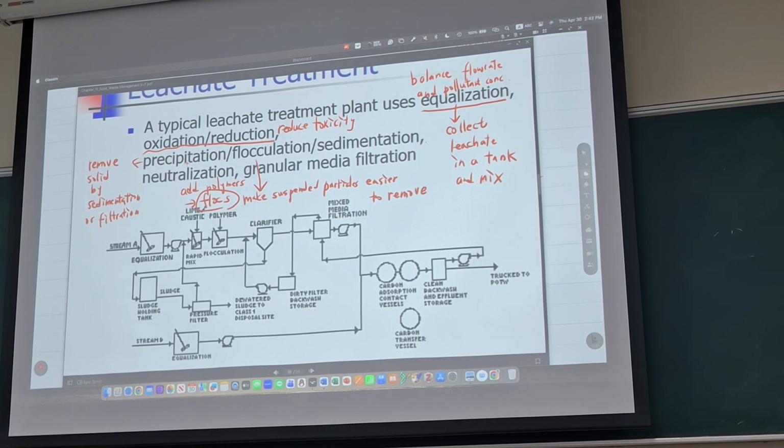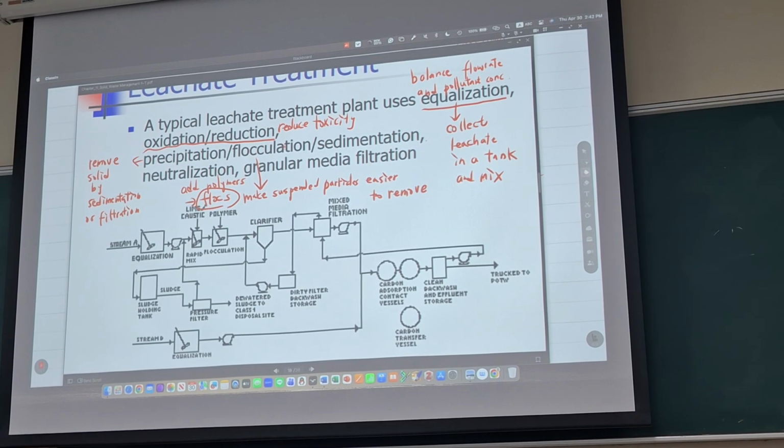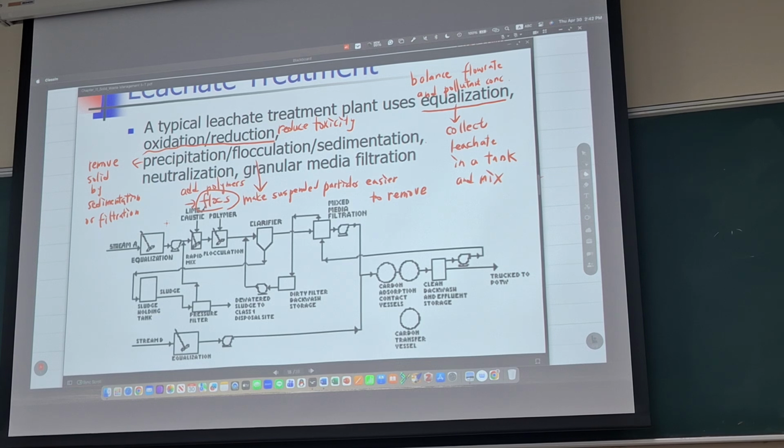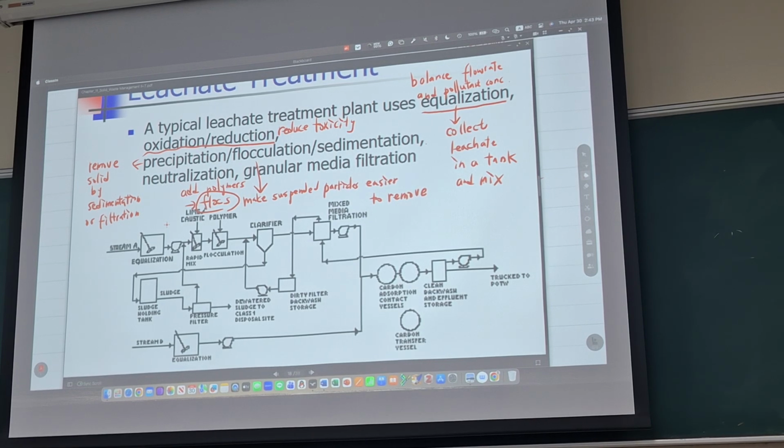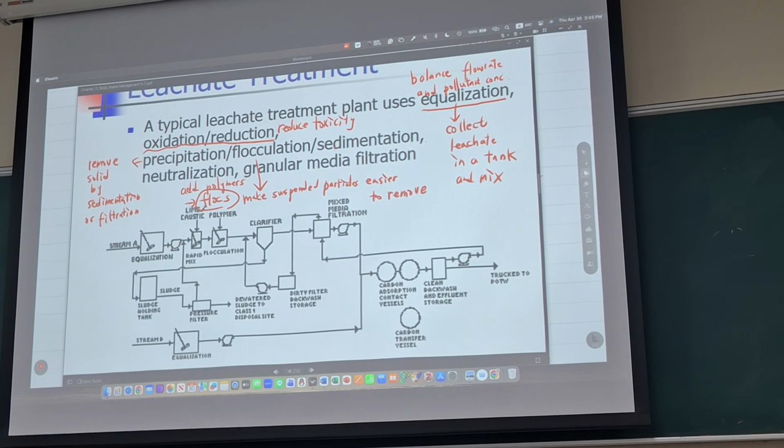Precipitation means 沉淀 by gravity, right? Flocculation means 你加入一些聚合物还是什么的，让它形成一个叫 flocs，这样你比较好移除。